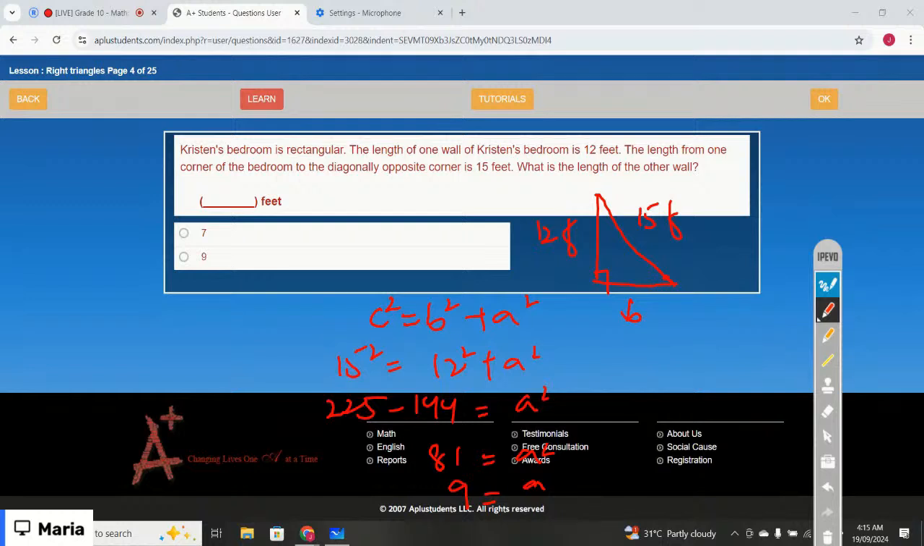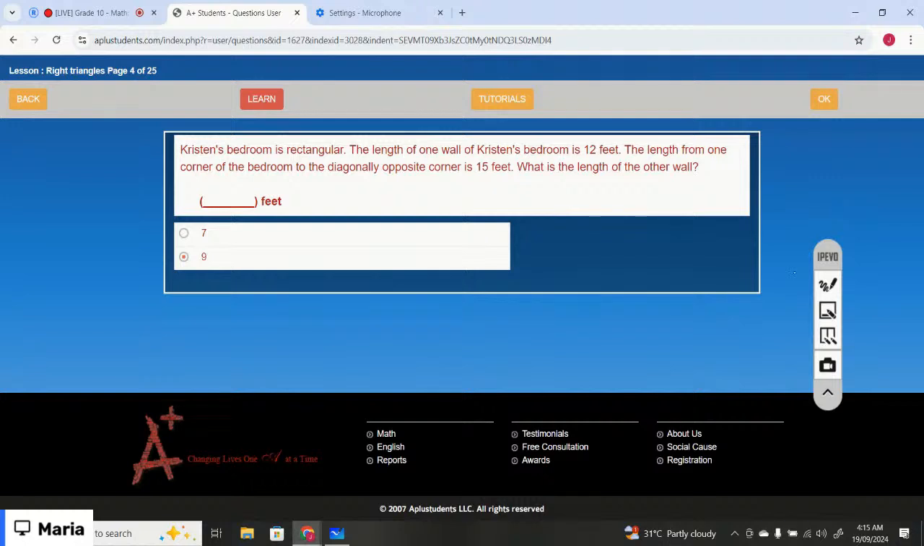The correct option is 9. Option number 2 is the correct option, right? Okay, you can complete the lesson by yourself later today. Let me just move on to the next lesson. And the next lesson is